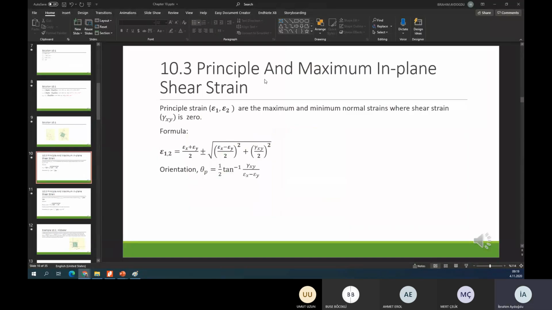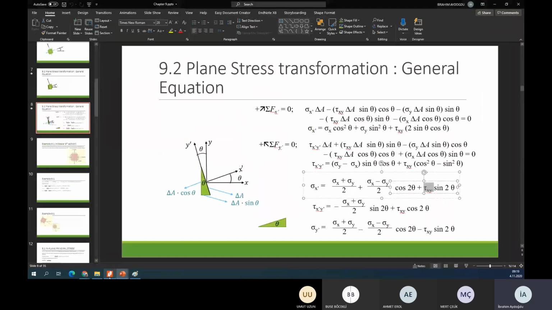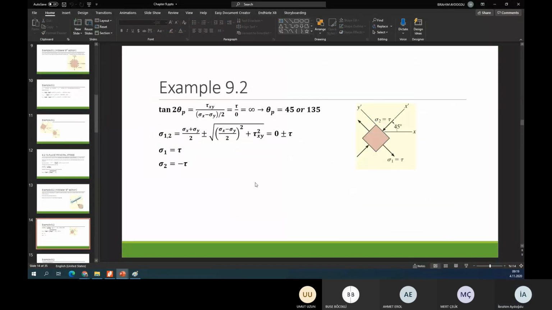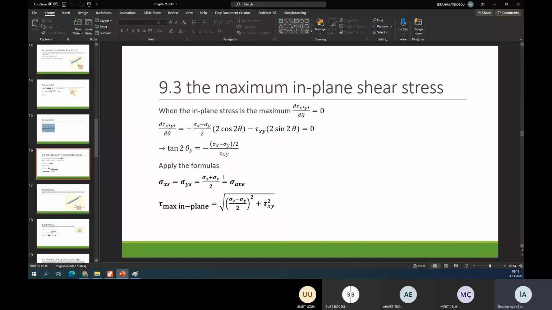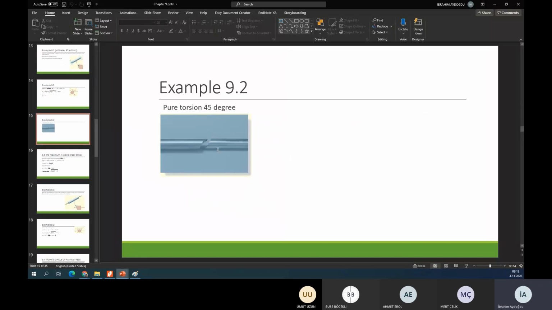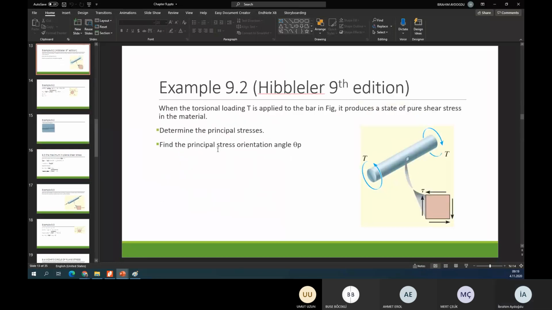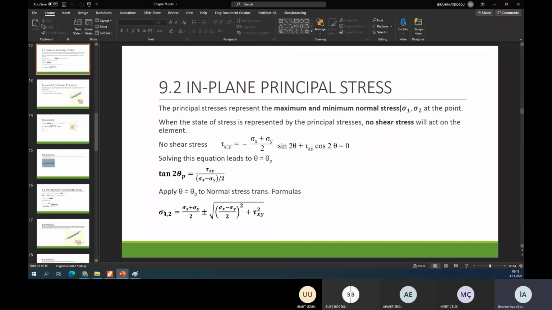for maximum in-plane shear and principal strain, the formulation is also similar. You remember the two principal stresses. Where is my principal stress formulation? Yes, this one. Sigma 1, 2 is equal to sigma x plus sigma y divided by 2, plus or minus the square root. This formulation, you can see